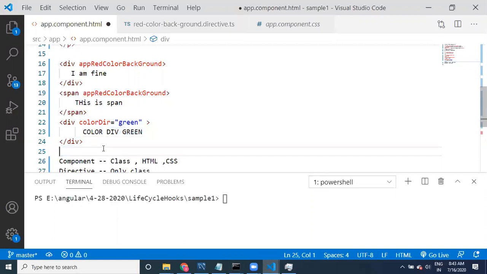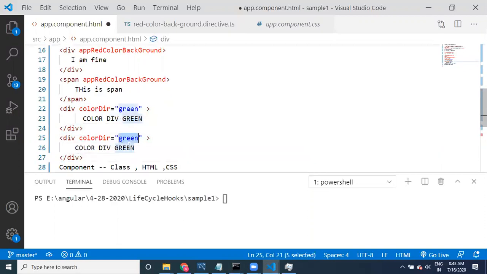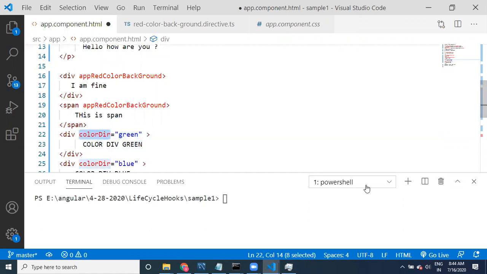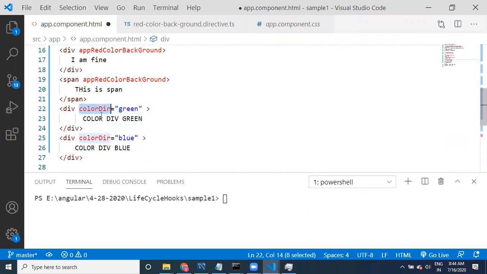The same directive, if I provide blue, then it has to become blue. Meaning that this kind of directive we have to create, but right now there is no such kind of directive. We need to create our custom directive, so that you can use this directive along with this div. This is more like sending input values to this directive. We have to use this directive, and then we need to pass a value. Okay, let us look at it, guys.